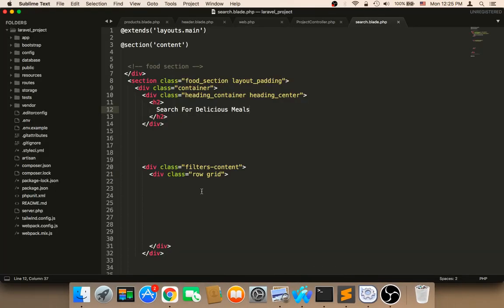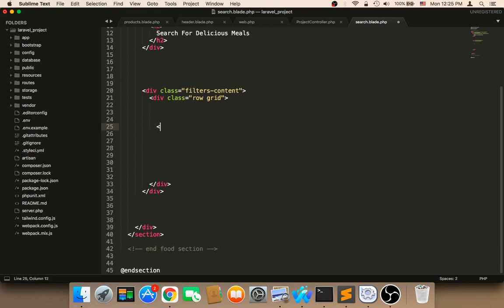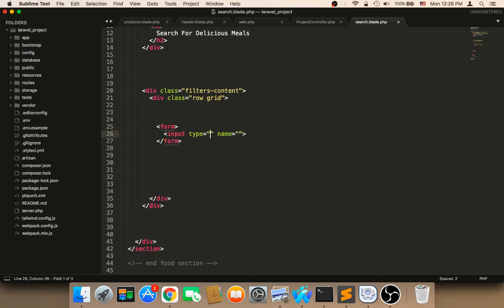However, we need to add here two things. First, we need to add a search bar. So I'm going to say here form, and then I'm going to give this form an input. I'm going to say input, and I'm going to give it a type. The type is going to be text. We need to search by text, and the name is keyword. And we need also to give it a class. I'm going to say class form control,